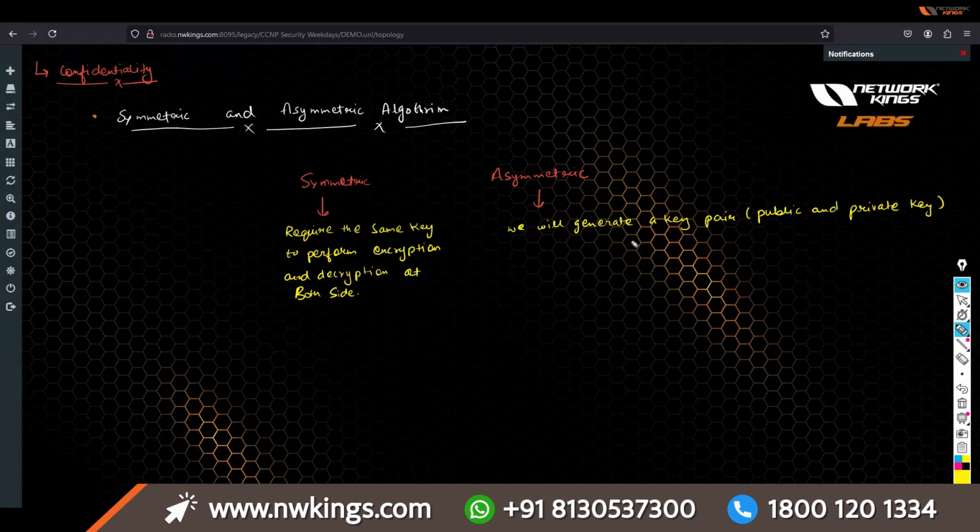So the only thing in asymmetric that we need to keep in mind is that this is a very high CPU cost. Okay. So there is a use case where we use asymmetric, right? So we use asymmetric algorithms for things such as authenticating a VPN peer, or generating key material that we could use for our symmetric algorithm. Guys, this might be quite confusing, this term that I have just written. So that's why I'll write that